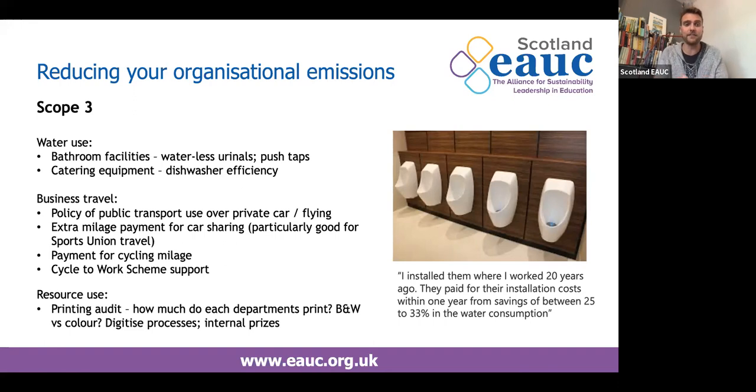Finally, looking more widely at resource use, it's a bit harder to account for this in the carbon emissions calculating. But for example, a printing audit can be really good. It'd be great to hear, when you print, do you have your own personal code? Does that assign to your department within your union or association? We did this exercise at Stirling, and we reduced our printing by 47%, I think, and that saved just over £2,000. We found actually it was just a couple of departments that were doing predominantly most of the colour printing. So that was our chief exec.